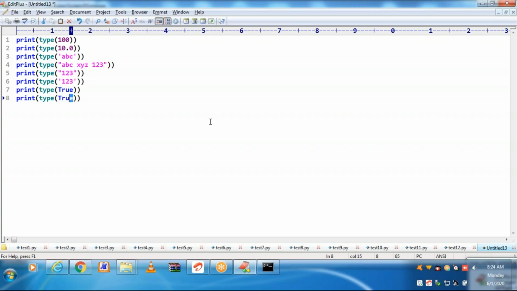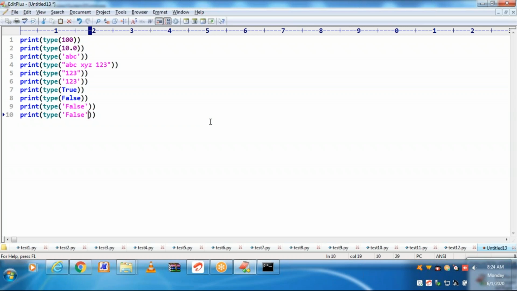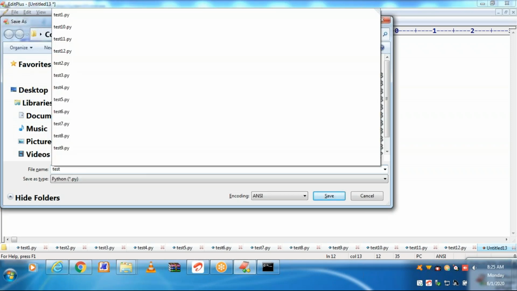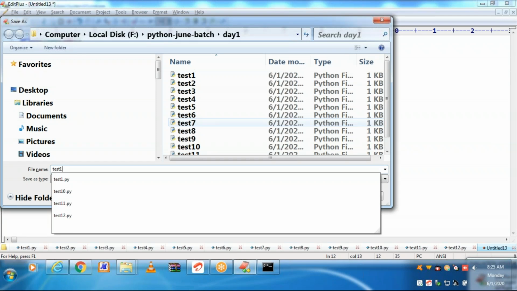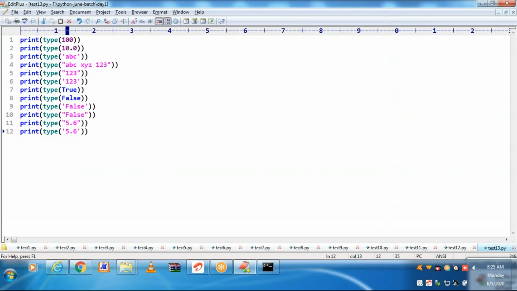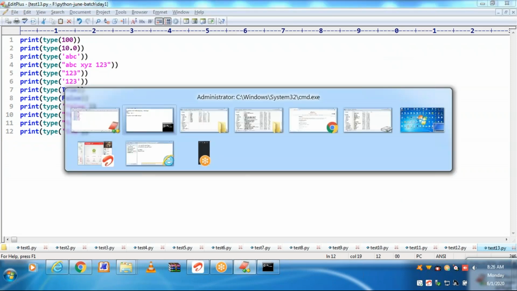One more boolean. Let's go for boolean under single quote. Boolean under double quotes. Go for float under double quotes. Float under single quote. To save, 14 country.py. Let me run.